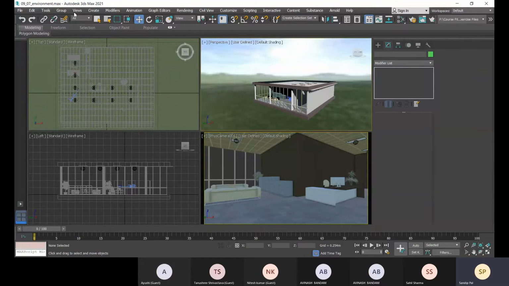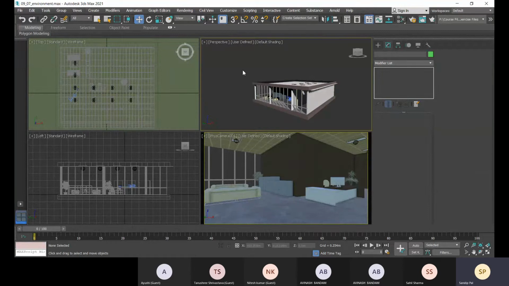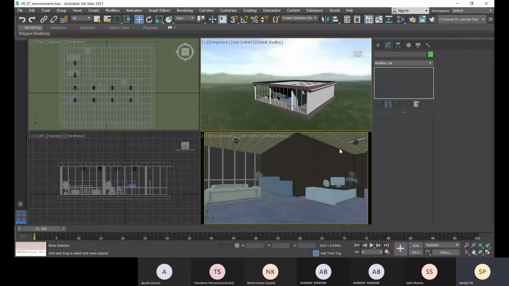Let me change the viewport background to solid color. It may be like this even after changing the background. You are trying, but even after applying it you cannot see it. So for that, go to this view tab, and there the viewport background should be changed to environment background.